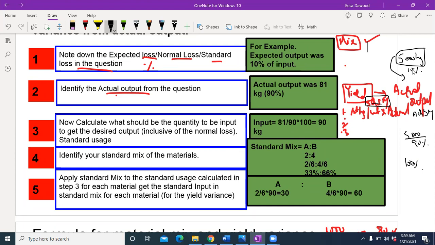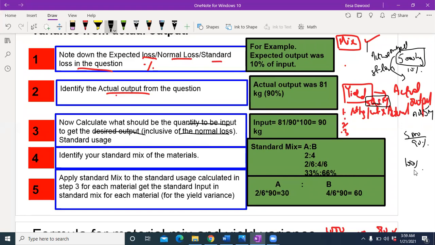I was given the total actual output. It wasn't corresponding to any one material, but here I needed standard quantity and standard mix for all three materials. So first, I identified my actual output to be 5,000 kgs, and then I identified my standard loss. Now I'm good to calculate the input quantity needed to get the desired output, which would be inclusive of normal loss.